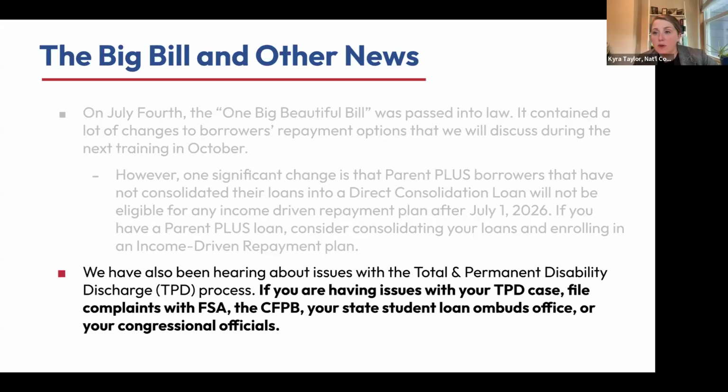I will also flag for folks that if you have applied for a statutory discharge, borrower defense, total and permanent disability discharge, closed school discharge, and others, and you haven't heard anything, you should log into studentaid.gov to see if those loans are still outstanding. We are hearing that there can be a delay when folks are getting their notices as well. So certainly file a complaint, but also log into studentaid.gov to see if those loans are still outstanding on your account.